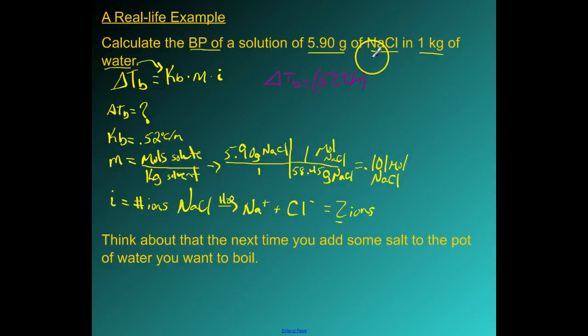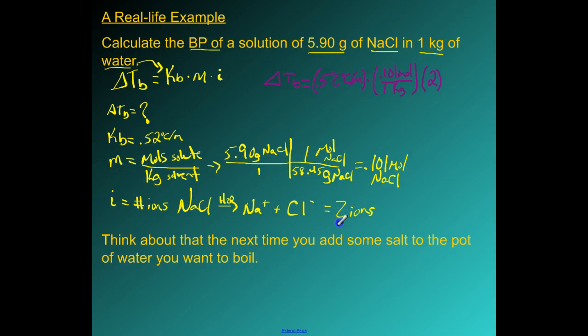I'm going to put in the 0.101 moles per kilogram of solvent. And in this case, I gave you 1 kilogram. And then my final i, which is 2, because I form 2 ions in the